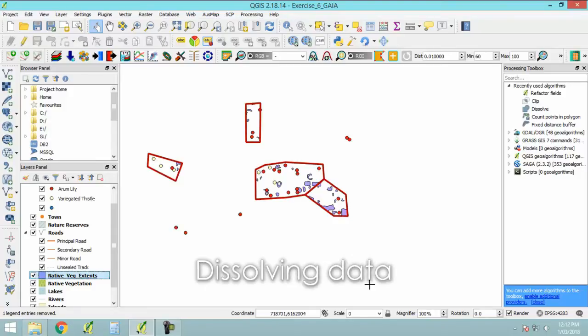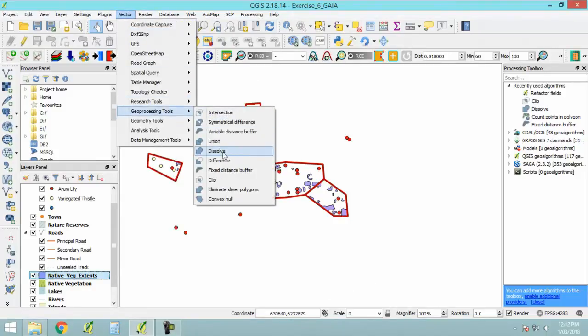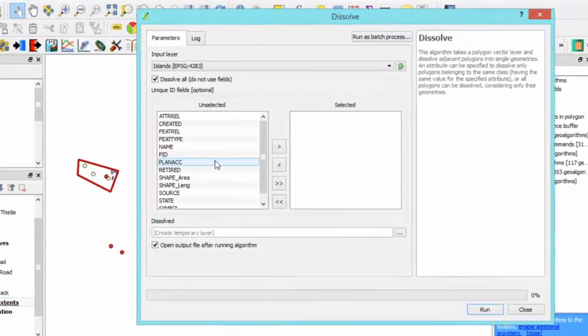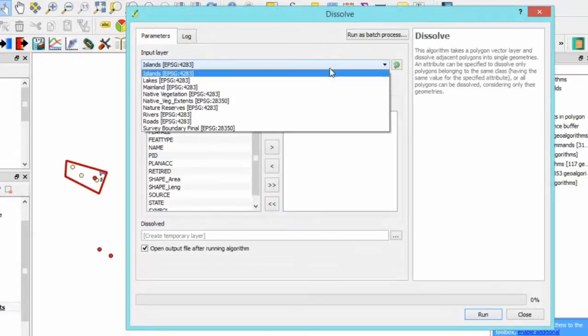We can now dissolve all the native veg extents into one polygon. This makes for easier calculations of areas. We can dissolve based on an attribute field or dissolve everything into a single feature. So in the menu bar, click Vector, Geoprocessing Tools, Dissolve, and in the Dissolve window select the following. The input layer will be Native Veg Extents,